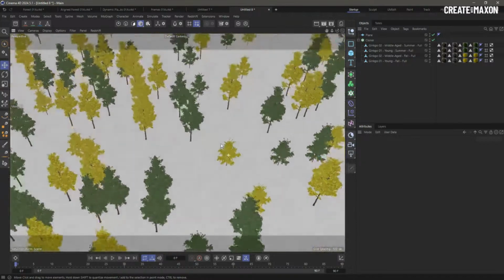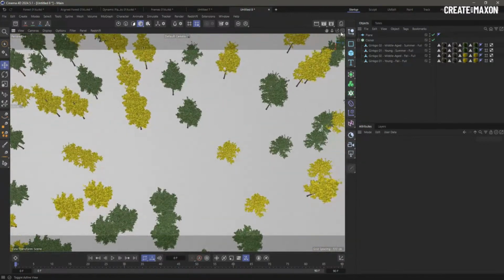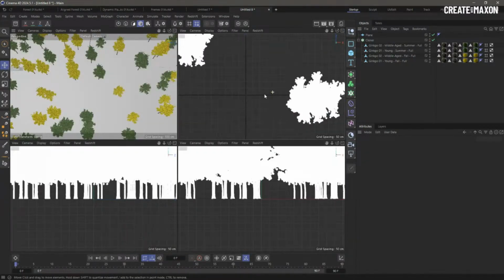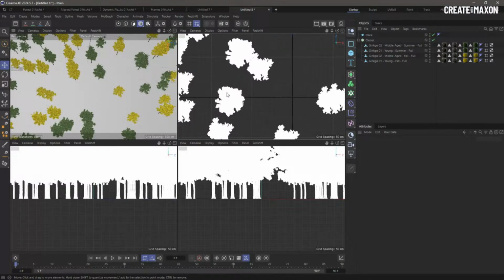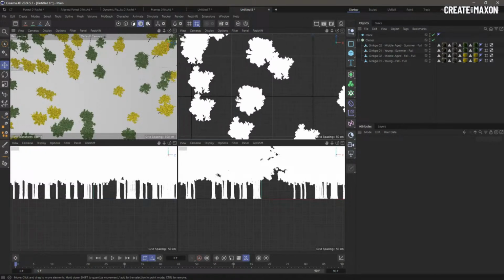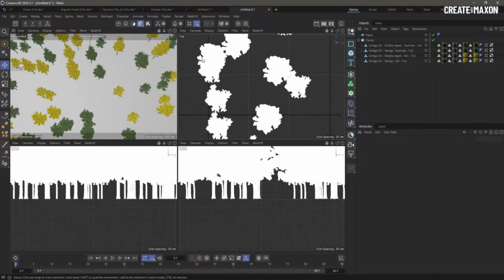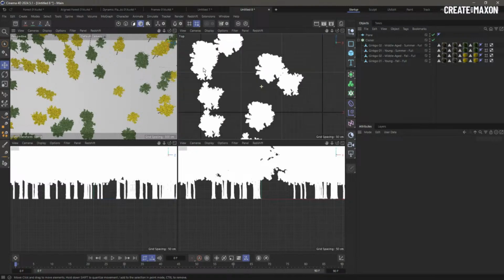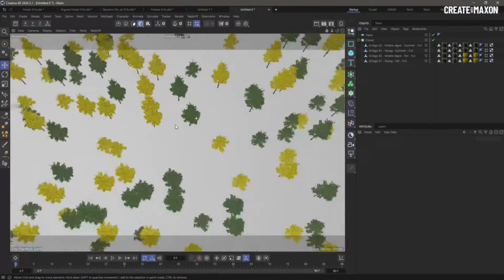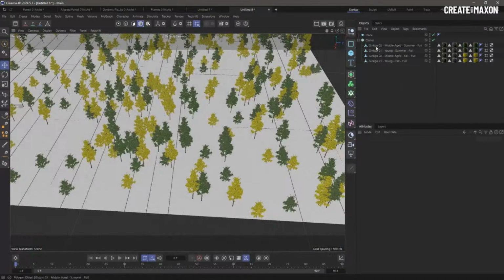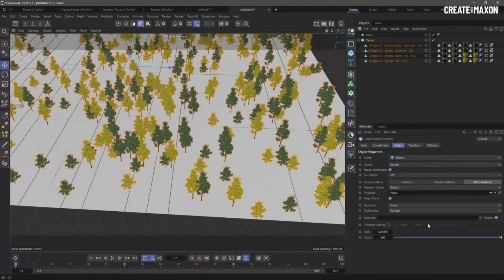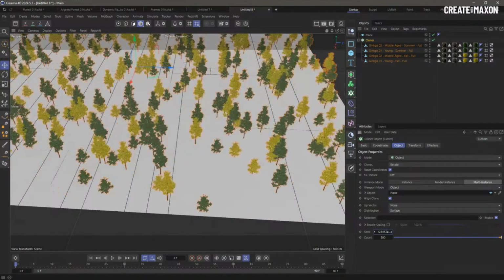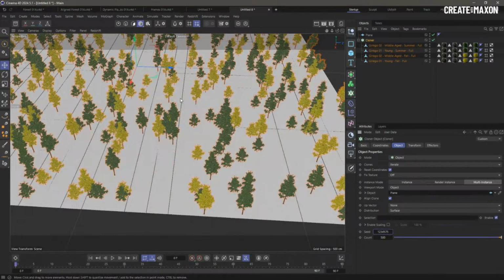A couple of things you need to remember about these trees is that they're all oriented in exactly the same direction. So this tree is the same as this one, the same orientation. You can see these little things. So always add a bit of randomness. The distribution itself, the surface distribution, has its own randomness, which you can change using the seed. But